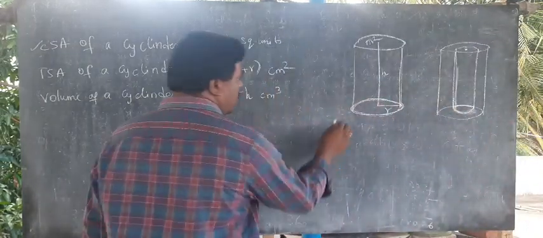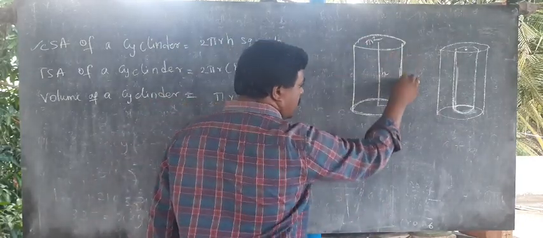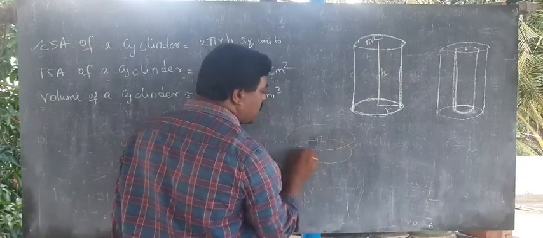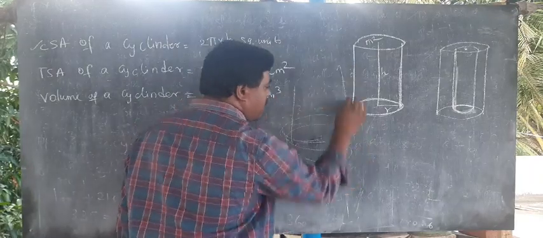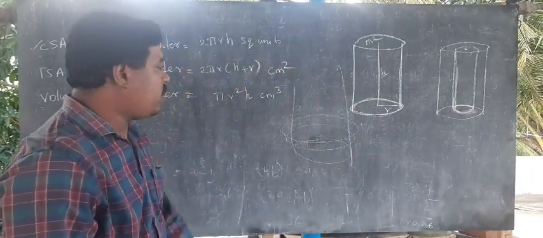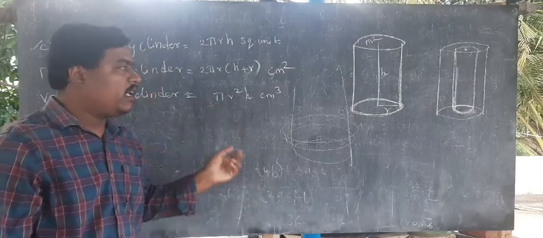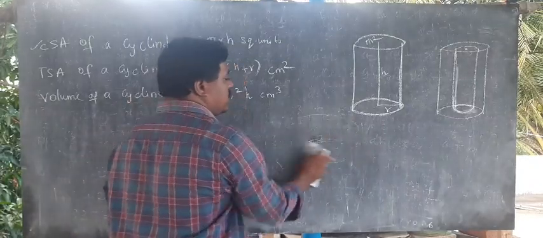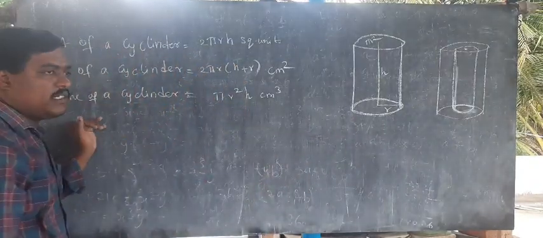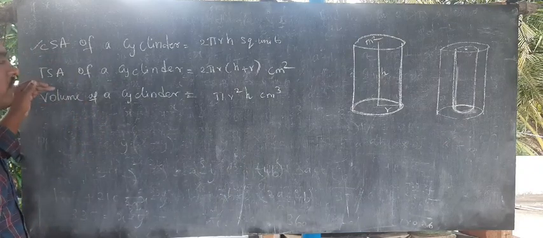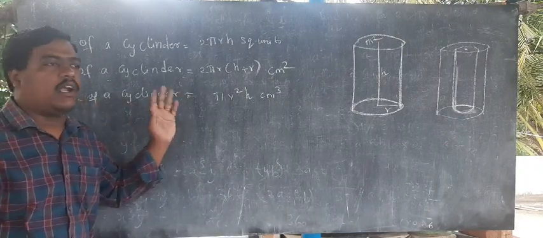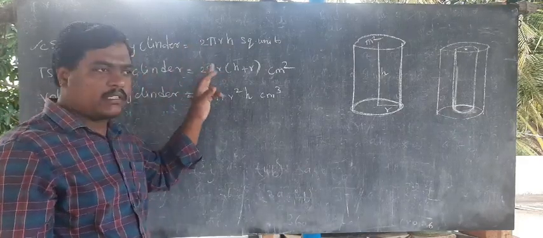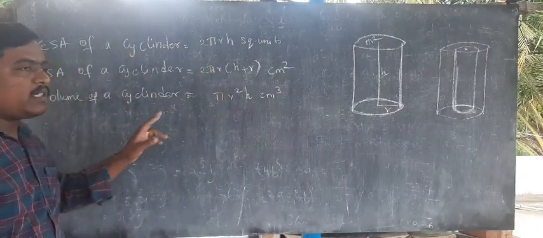So if we have a cylinder like this, the base area is pi r square, and again as we fill it up like this, the height will increase. So we use pi r square h, the area of the base and the height. So these are the formulas for CSA of a cylinder, TSA of a cylinder, and volume of the cylinder. This explanation is not needed, we have to memorize the formula. CSA of cylinder means 2 pi r h, TSA means 2 pi r (h plus r), and volume means pi r square h, right?